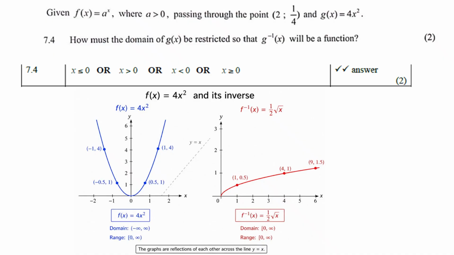So therefore, you either have to remove x less than 0, that's the blue arm on the left hand side, or you must remove x greater than 0, the blue arm on the right. So in the first one, you can include 0 and then exclude 0, or you can exclude 0 and have x less than 0 and then greater than 0. But bottom line, one of the arms needs to be removed, otherwise the inverse is not going to be a function.